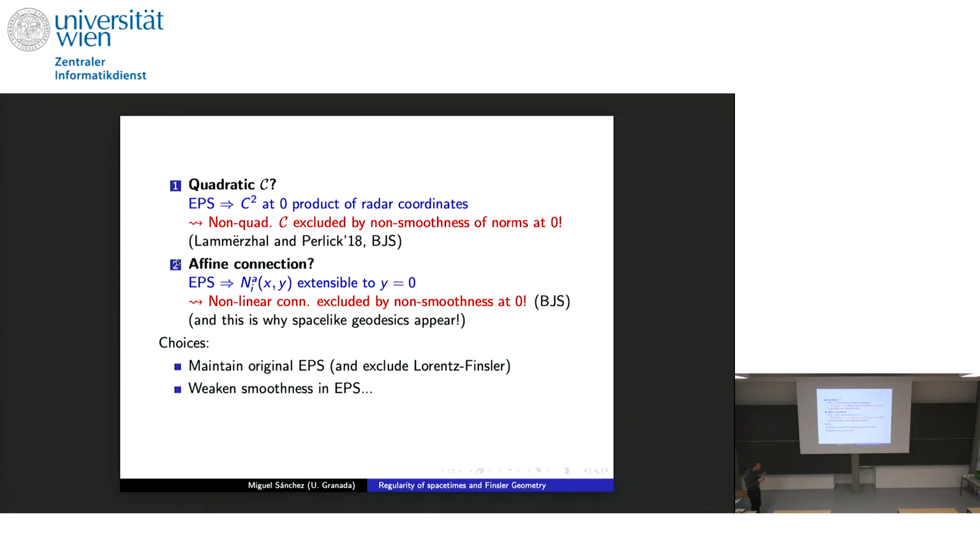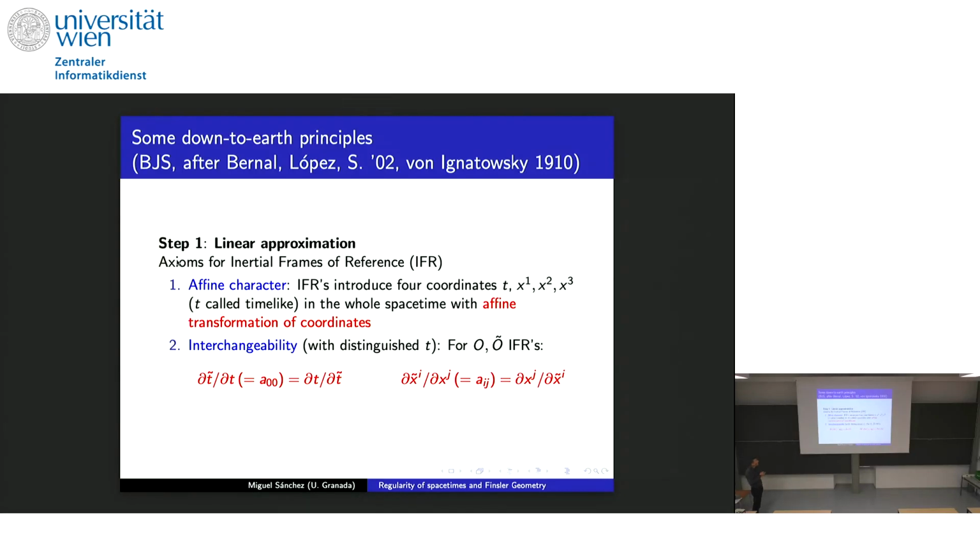From my personal viewpoint, I think that some principles, more or less down to earth and compatible with the Lorentz-Finsler setting, are the following. First, when one tries to introduce a geometric theory for spacetime, one is making some linear approximation, which is implicit to the notion of inertial frame of reference. In fact, these inertial frames of reference satisfy two axioms. One is an affine character, that is, an inertial frame of reference introduces 4 coordinates, the first one called time, in the whole spacetime,